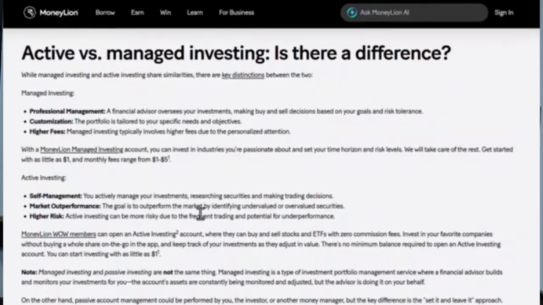You'll also find tools to adjust your portfolio settings. For example, you can set up automatic contributions, choose how much you want to invest regularly, and explore different portfolio strategies that MoneyLion provides. Take a moment to go through these features so you can align your investments with your goals. And remember, you can always reach out to MoneyLion customer support within the app if you need help with